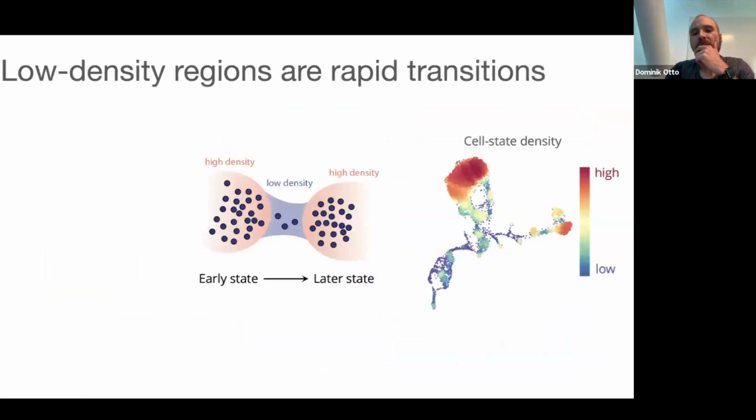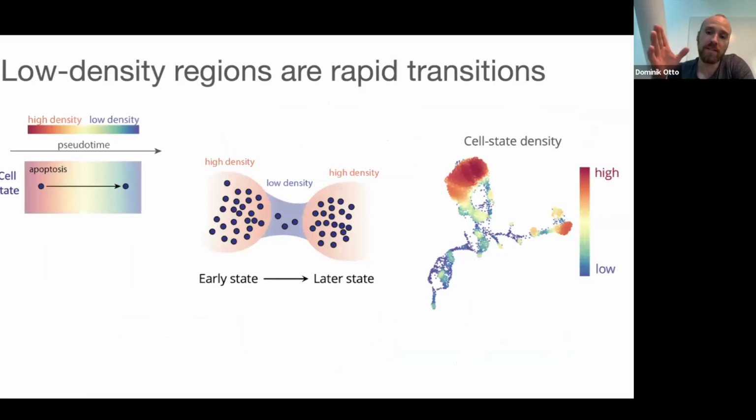And why is this interesting? We believe that cells make a transition from a high density state to a low density state, because we know they progress through the whole system. There are only certain explanations that can explain, in a mathematical model, how this density drop comes to pass. So one explanation would of course be rapid apoptosis: all cells progress at an equal velocity through the state space, but at some point many cells just die. But the density differences are very severe, and that would mean that 99% of the cells are dying at a certain point, which we can often rule out as an explanation in the system because it would be biologically very